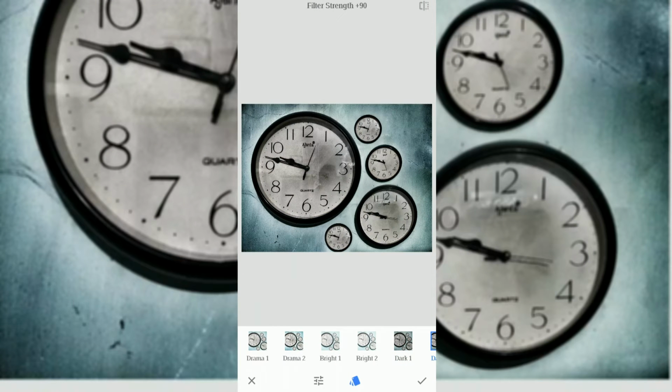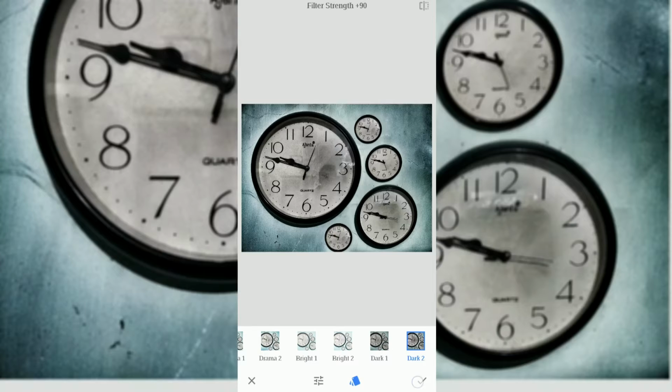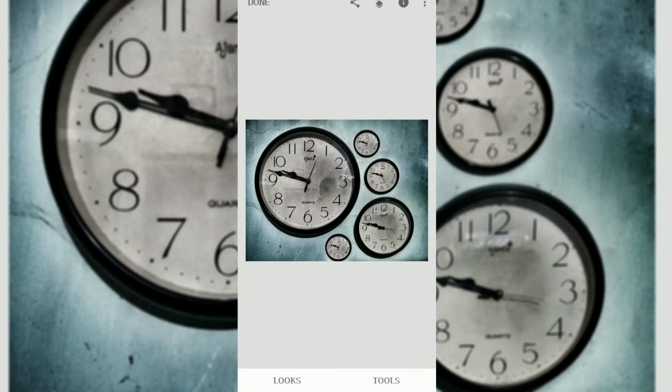And you will see a lot of effects over here: Drama 1, Drama 2, Bright 1, Bright 2, Dark 1, Dark 2. By default, Snapseed has already chosen Dark 2 for us, and that's the effect that we want in our photograph. So we applied this effect, and now to add that dirty and dusty look on the surface of